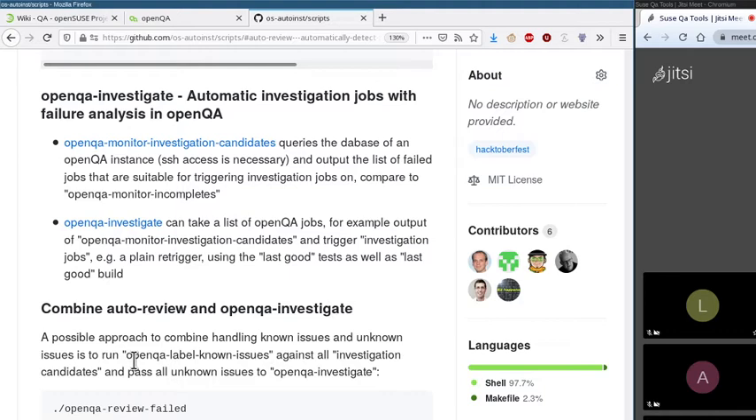If we do not yet know the issue, if there's no regex which matches, then we call openqa-investigate, which triggers automatic investigation jobs. And these automatic investigation jobs won't magically fix the problem, but they can provide additional information to find out what could be the reason for the failure and what could be additional details in case you want to handle